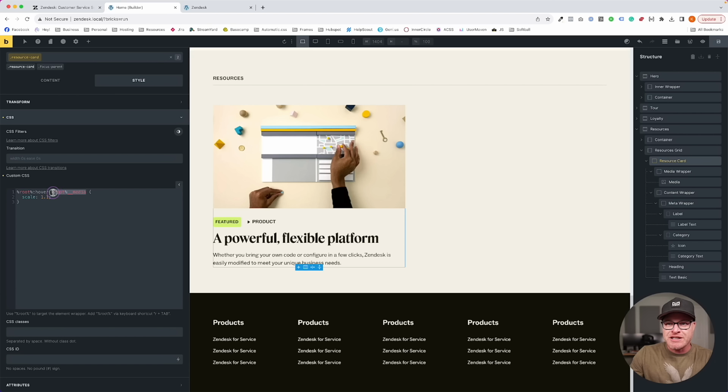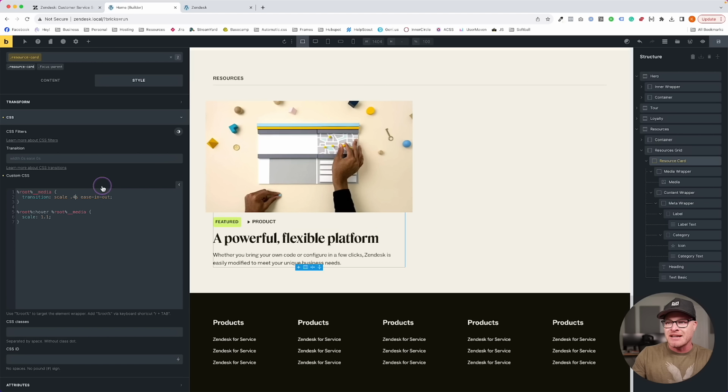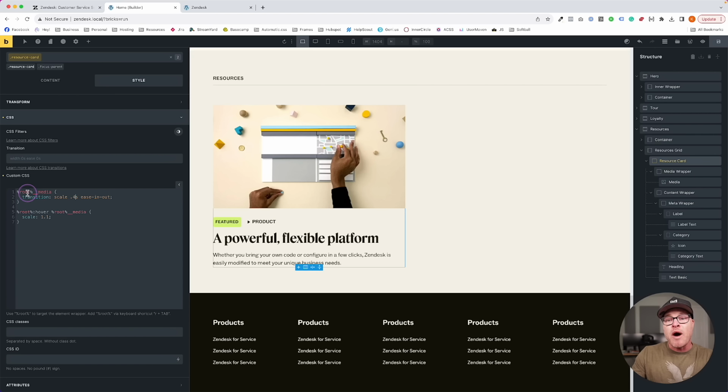Now, in order to fix our little overflow situation and our transition situation, we need to go to the root media, and we're going to transition this, scale 0.3 seconds, ease in-out. Now we got that to be nice and smooth. We might want to go 0.4 seconds on that, make it a little bit slower. And then why do we have a media wrapper, ladies and gentlemen? Somebody asked, hey, why do you put a media wrapper on things? Because it's very easy to do stuff like this. Media wrapper,